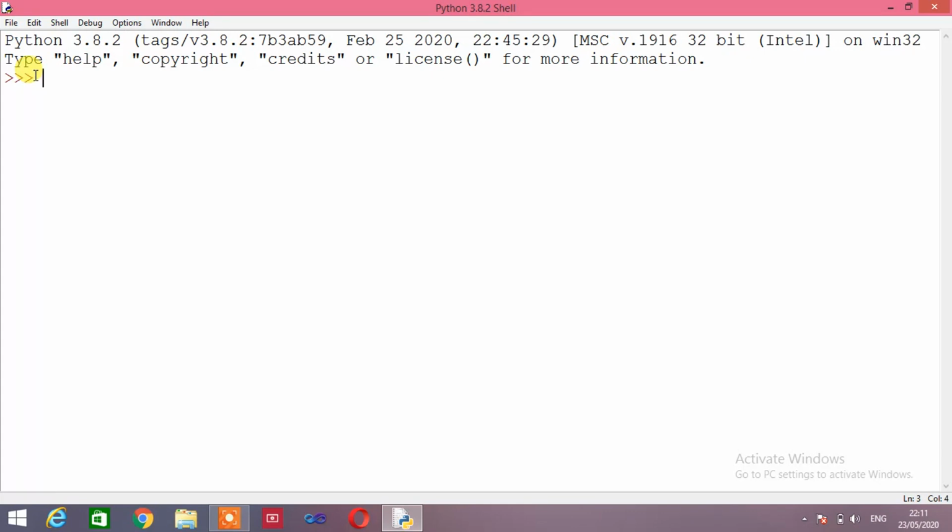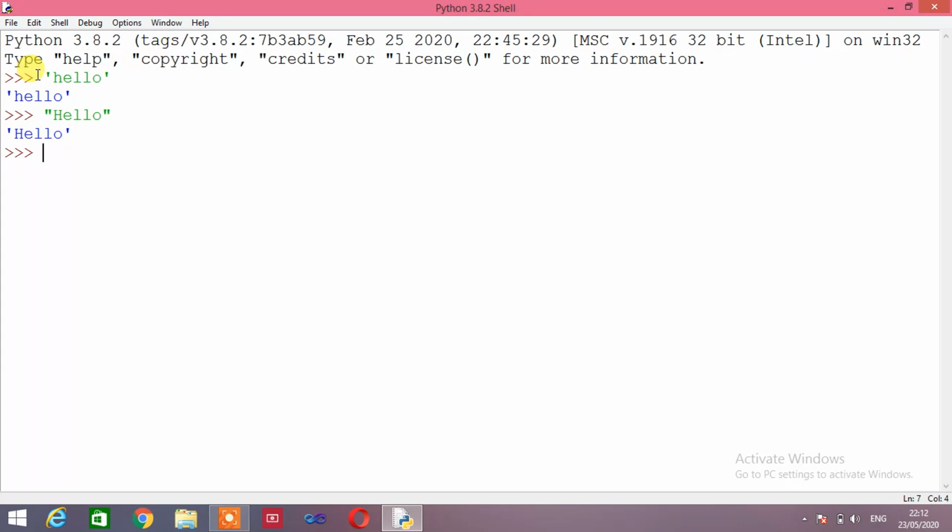Here you can type any command directly, like you want to print any string. The string is what? Which comes under single quotes or double quotes. Like I'm pressing single quote, I'm typing hello. And when I press enter key, it will print hello immediately. When I press inverted comma, it means double quotes, and then I type hello. And when I press enter key, again it will print hello, because both are strings.